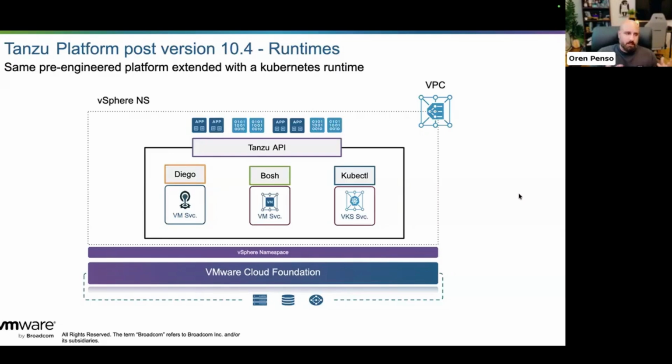What's the difference between this VKS cluster or this VKS service and other VKS clusters? This one is only for the platform use. It's being managed by the platform. It's part of the pre-engineered platform black box, and it's not being exposed to any use case other than the platform use case. So you can think about extending those different runtimes of the platform to support new types of